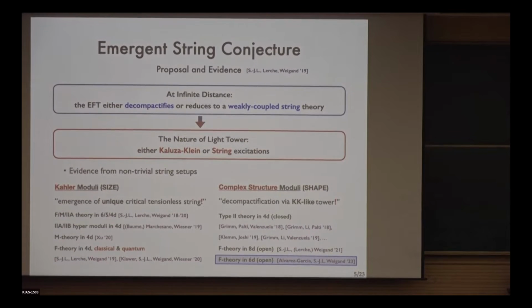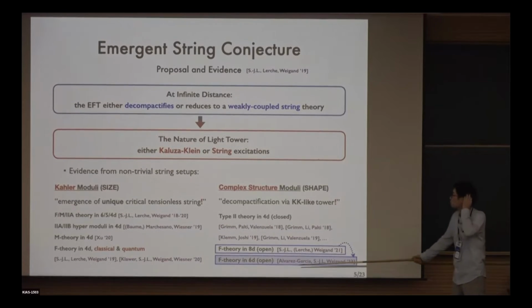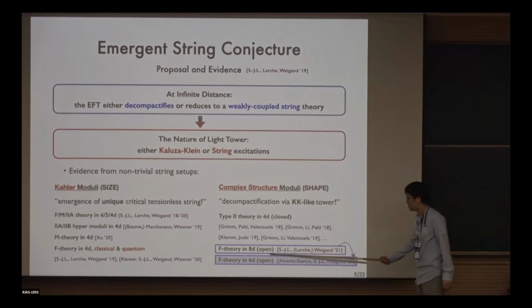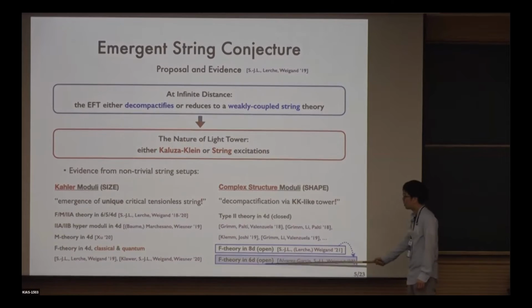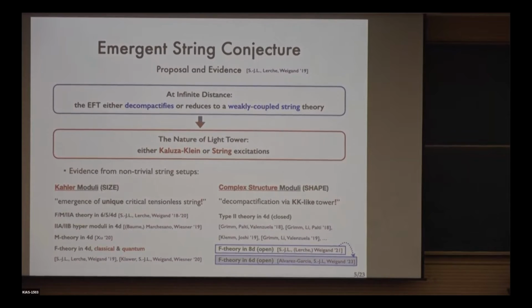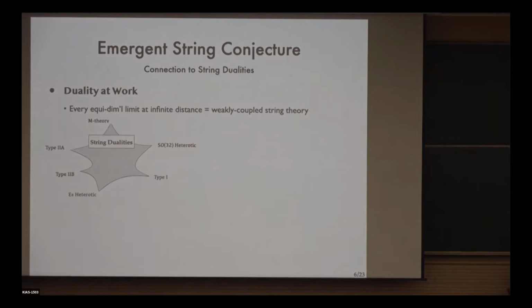In fact, what we found about the 8D limits turns out to serve as an excellent guidance to the study of 6D limits as well. And therefore, I will first review our 8D results, the earlier ones, and building upon them, I will eventually analyze the 6D limits. But before we actually start our journey, let me add a few more relevant remarks about this emergent string conjecture. Firstly, the way this conjecture is realized in string theory is typically by invoking the string dualities.